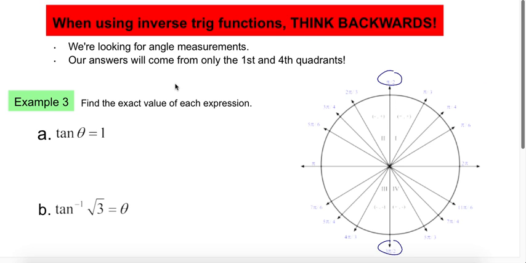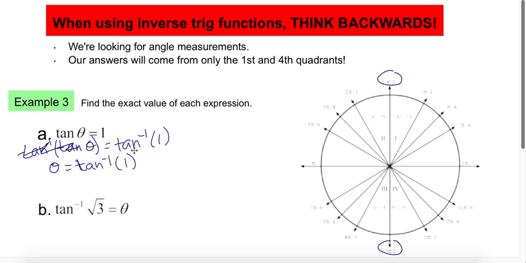So let's get a start on 3a. So just like we did with the first example for sine and cosine, we need to isolate theta. So in order to do that, we're going to take the inverse of both sides. Right? So the tan inverse and the tan cancel out. So I'm left with theta equals